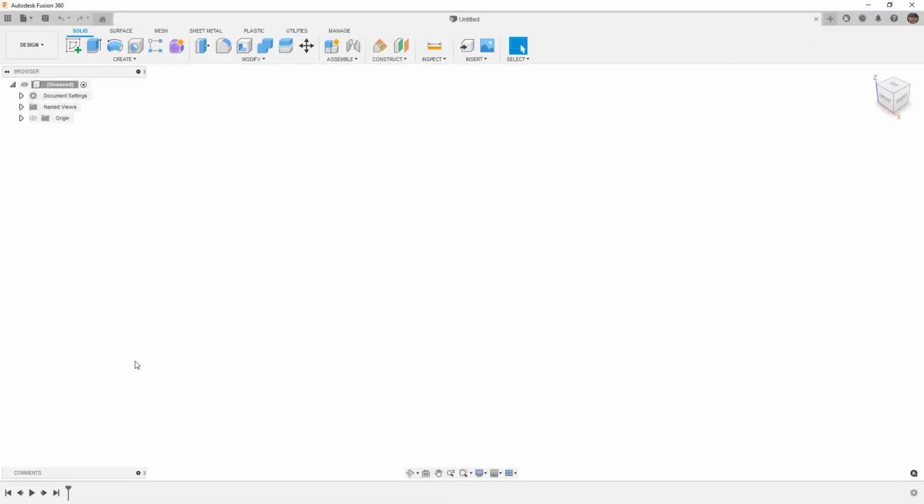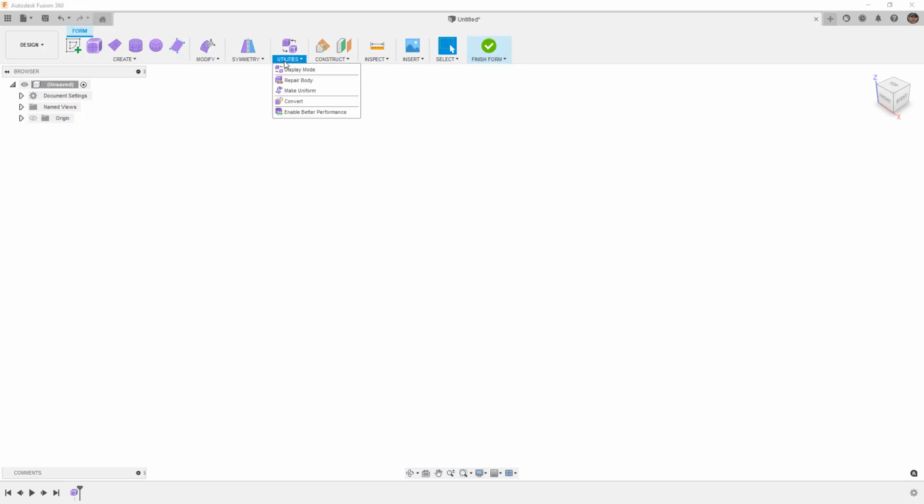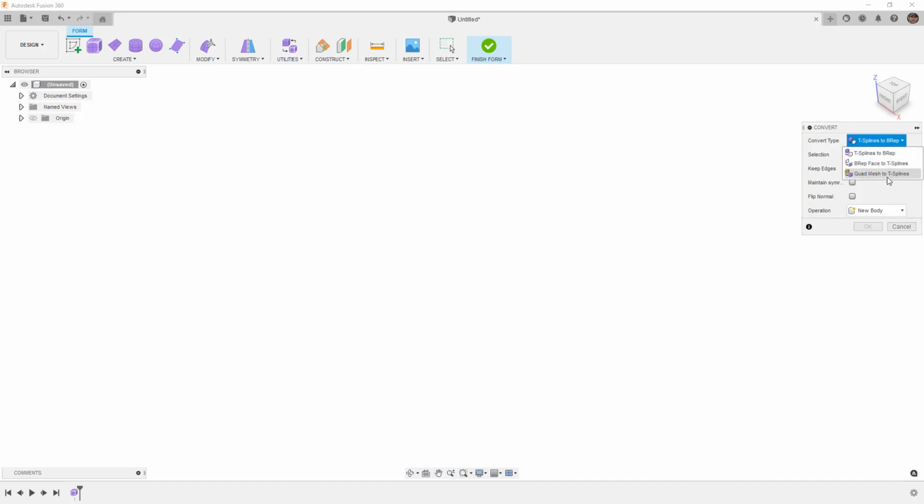So in Fusion 360, the way in which we would do this is we're going to go into Create Form. And inside of Create Form, you can see here that we've got some options where we can convert. And when we select Convert, we can bring in a quad mesh to a T-spline. Now this already has to be in our design for this to work, so we need to insert it first